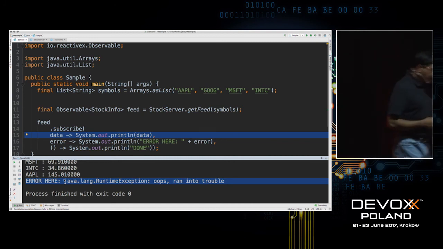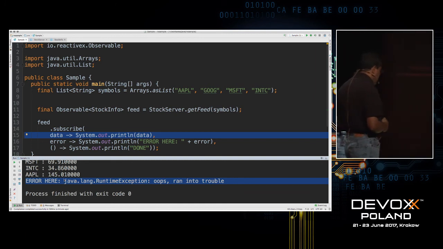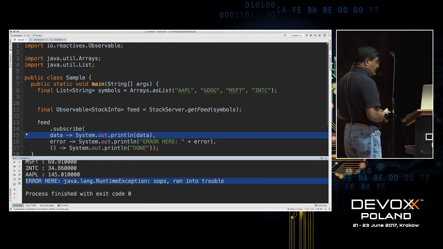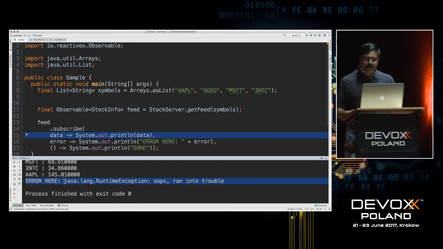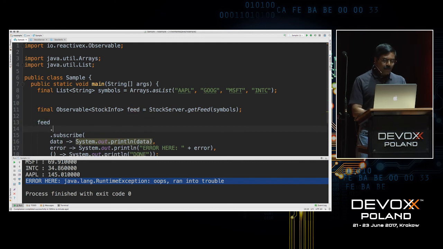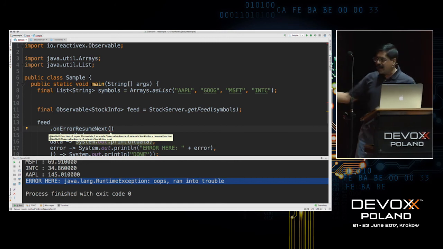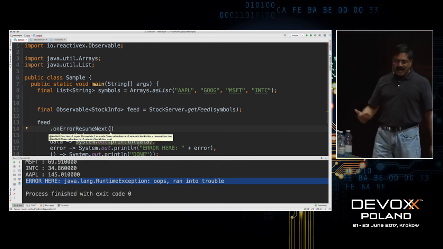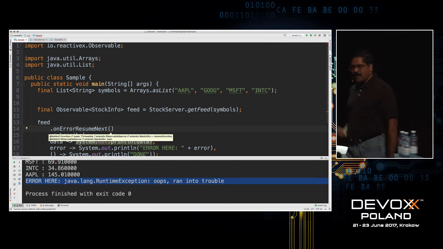Now, of course, the question is, when an error happens, why are you not getting any more data? Well, the reason simply is it's based on the concept of circuit breakers. If something were to go wrong, you don't keep pinging it for more things. You let it heal. Well, one of the things you could potentially do here, depending on your application, is say on error resume next, and you could switch over to an alternative or a backup service if there was an error. For example, if I'm looking at, let's say, Google Map,